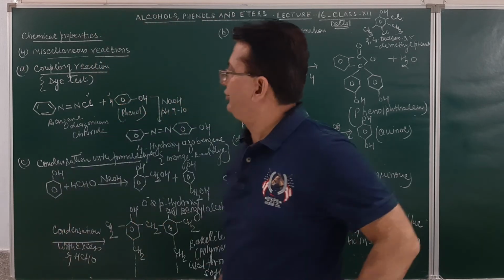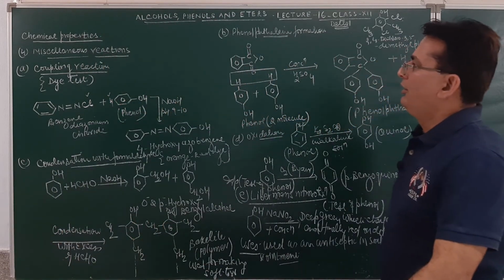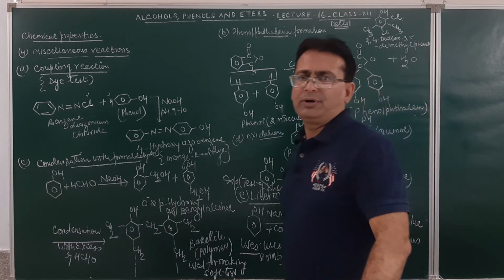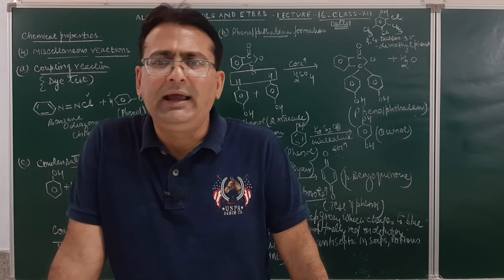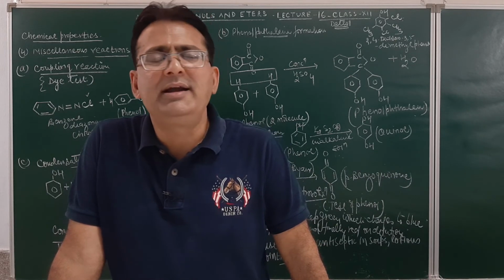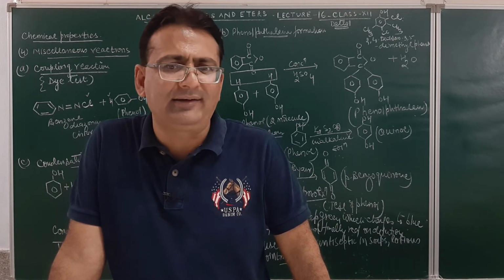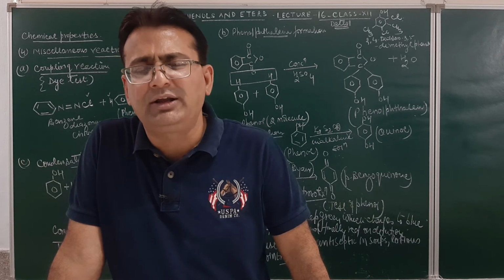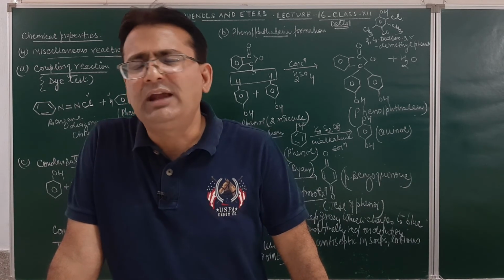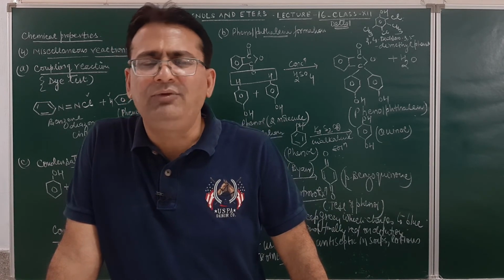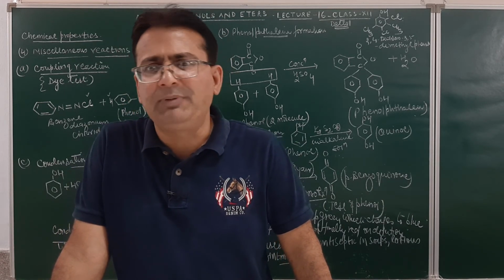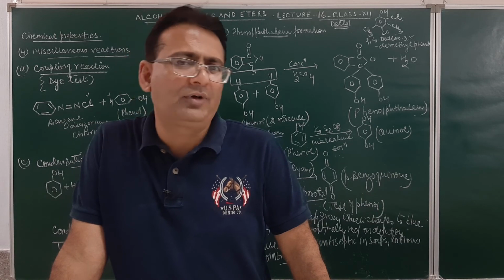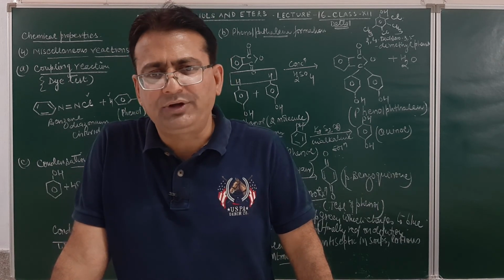So I hope, student, you must have understood the various chemical properties of phenol. With this, we completed alcohols and phenols. In our next lecture, we will continue with the further discussions, maybe the test of distinction between 1 degree, 2 degree and 3 degree alcohol. Then we have some questions, and then we have to discuss the ethers also. I hope you must have been understanding your organic part of this discussion of chemistry. We will meet again in the next lecture. Till then, thank you.